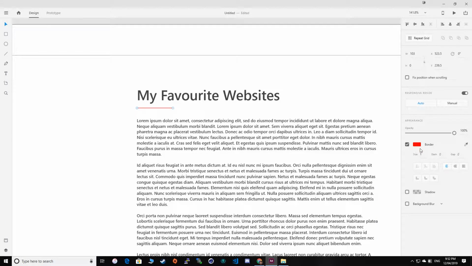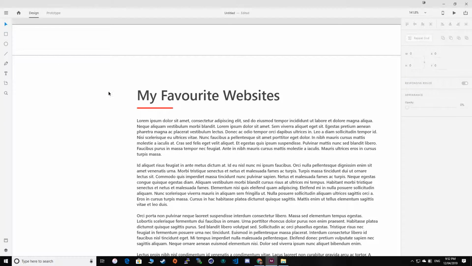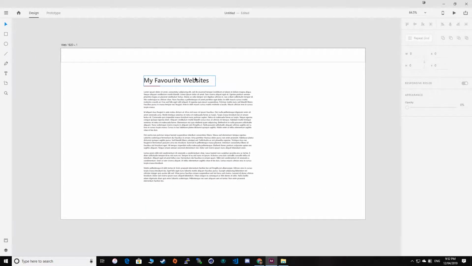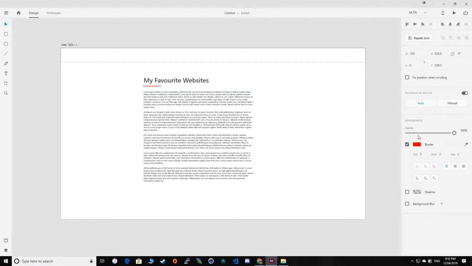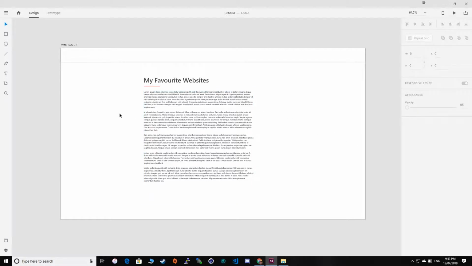I might make that a bit smaller, I might make it a bit thicker. That's quite thick. So you see why it's so useful to design before you start coding. Can you imagine changing all these things in code? Much better to play around with it and get it just right in a designer first before you actually start coding. See, I still think that's a bit too thick, so I might make that like that. Yeah,